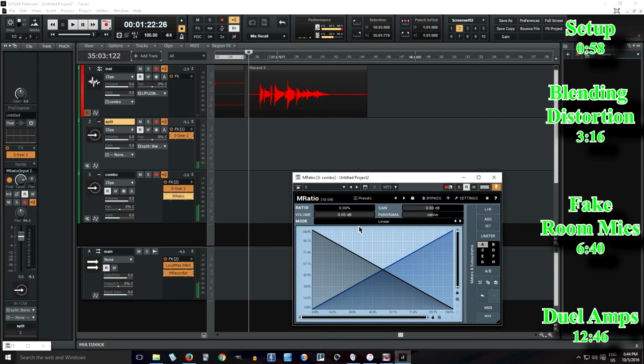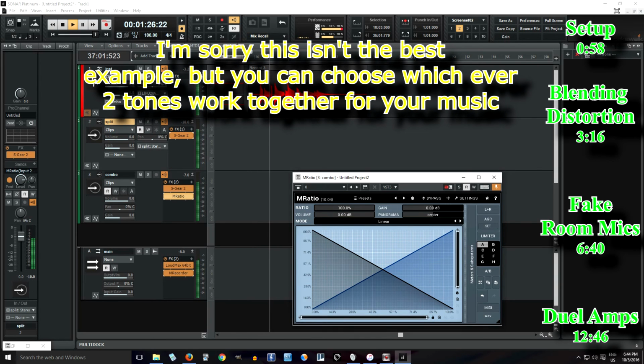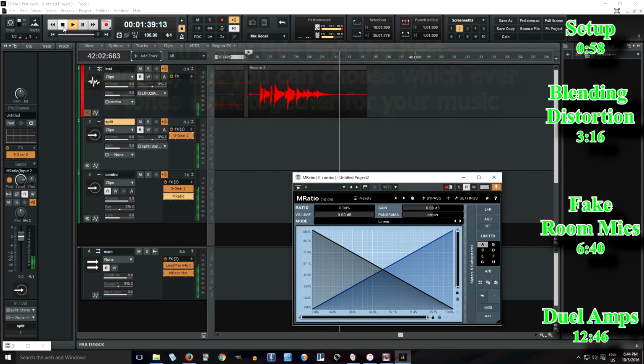So now I can use this to blend between them. So let's hear the blend. So with this, I can go between two different amp sounds. I can combine them together. I know lots of guitarists like to do this. And this isn't double tracking, so don't think, oh, I can just not double track anymore. But if you want the sound of two amps played together, I know for